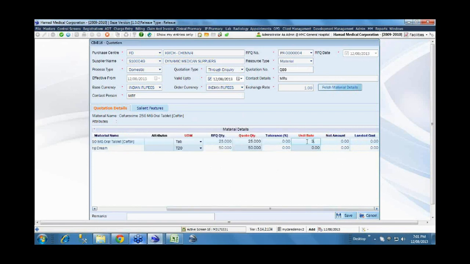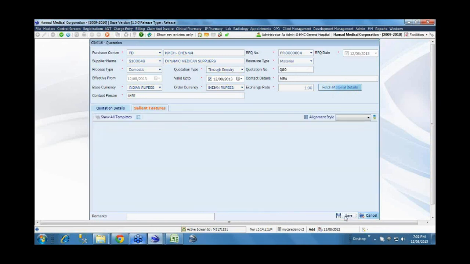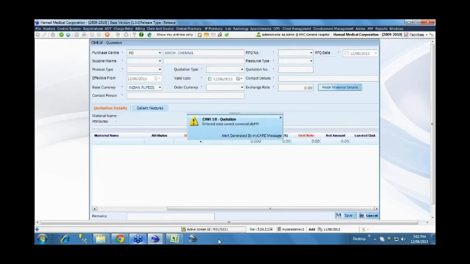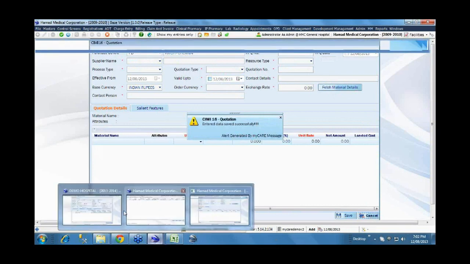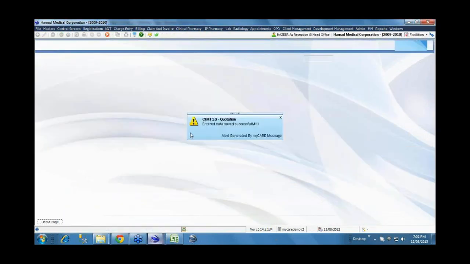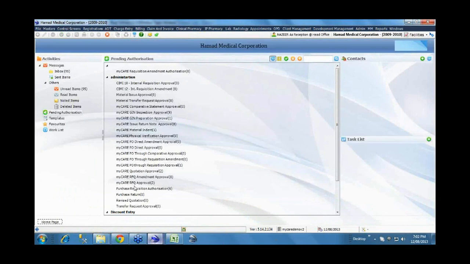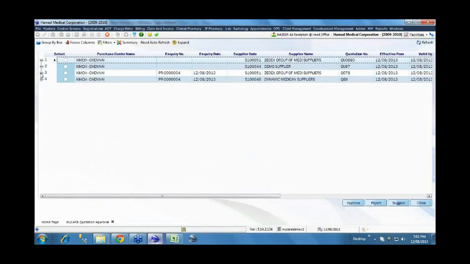So we'll specify to capture the rate against the other supplier also. Okay. Now that we have received quotation from two suppliers to whom we have requested, the next step